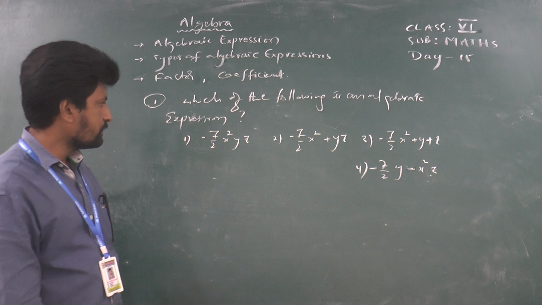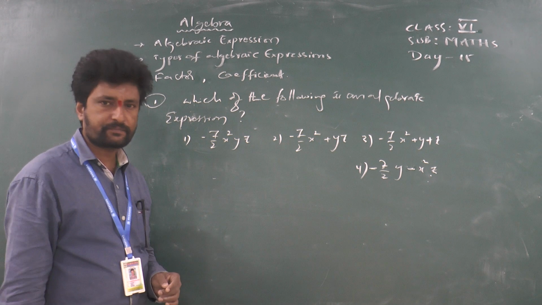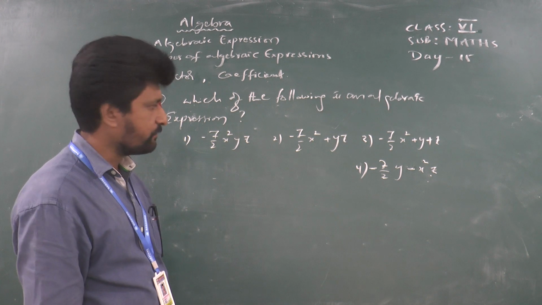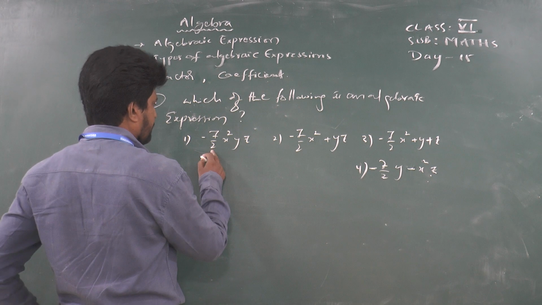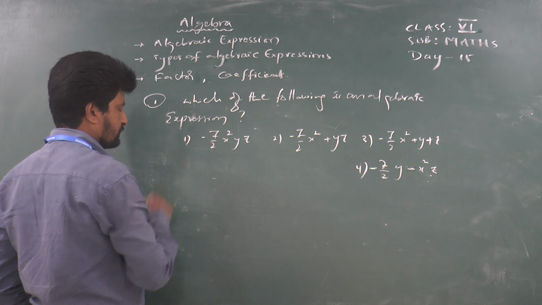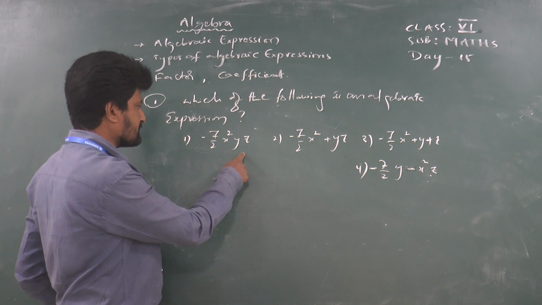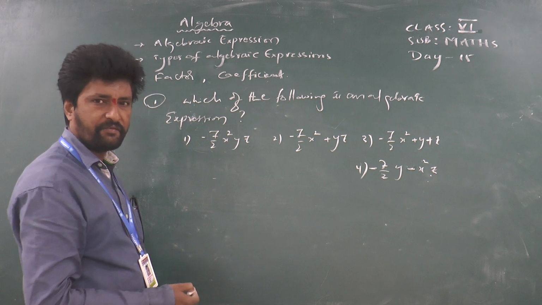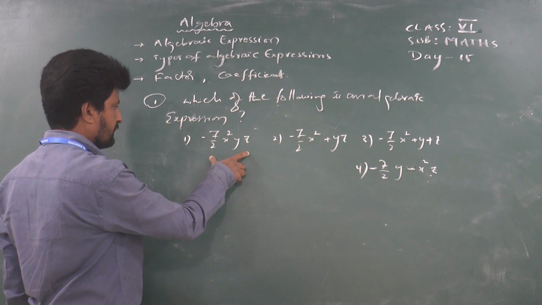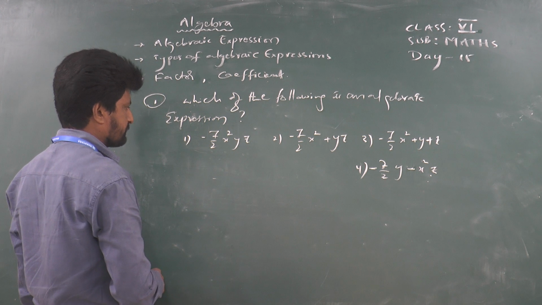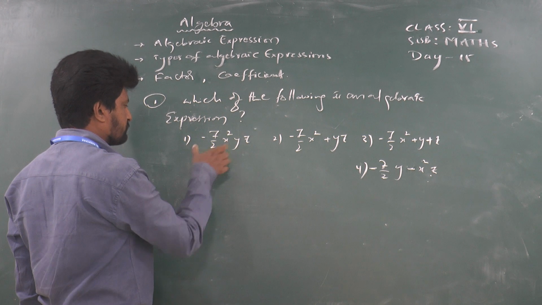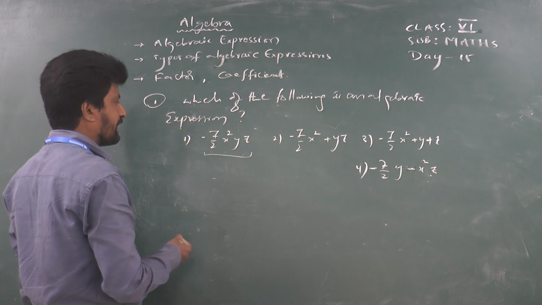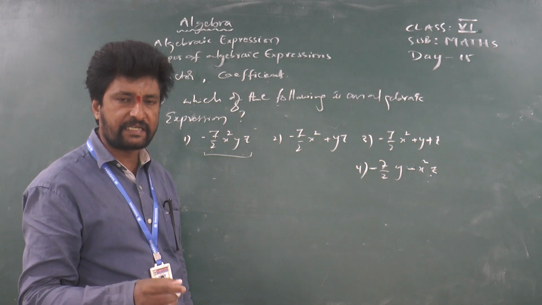Okay, see this one. Here 4 options are given. Now we should identify which among them is an algebraic expression. We have to verify. Observe this one. This is a combination of numerals, which are constants, and literals, which are variables. The combination of constants and variables is what? That is a term. And here the operation used is multiplication. Now this product gives us a term. This term itself is also an algebraic expression, because an expression consisting of only one term